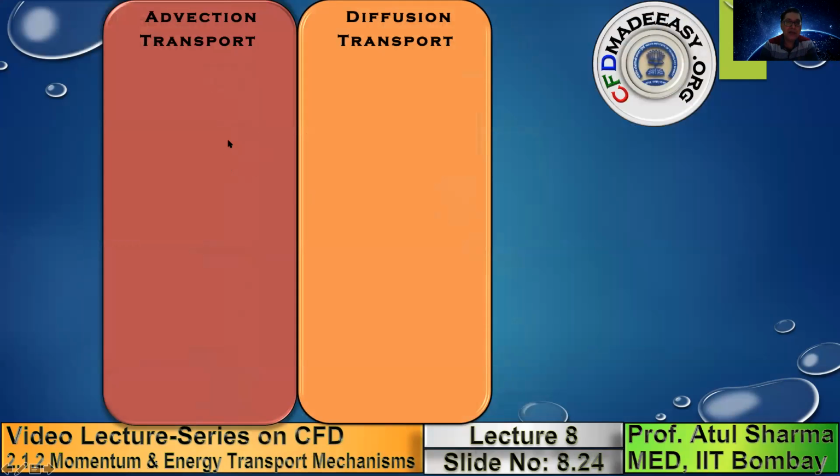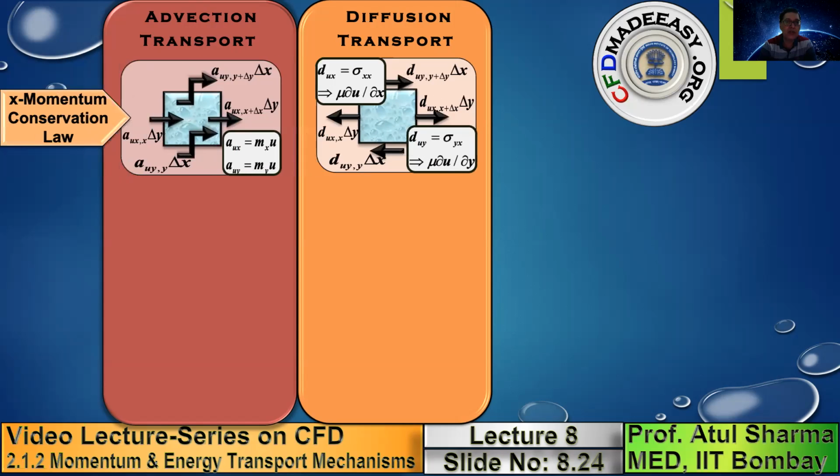Now finally, I am showing you for each conservation law the advection transport, where the driver is the mass flow rate, and the diffusion transport, which corresponds to the random motion of molecules. So for the x momentum equation, these are the x momentum flow rates, where all the arrows are horizontal. Here also, this corresponds to the viscous forces in the x direction, where all the arrows are in the horizontal direction. So with this, we consider the x momentum flow rates on the various surfaces, and from this we